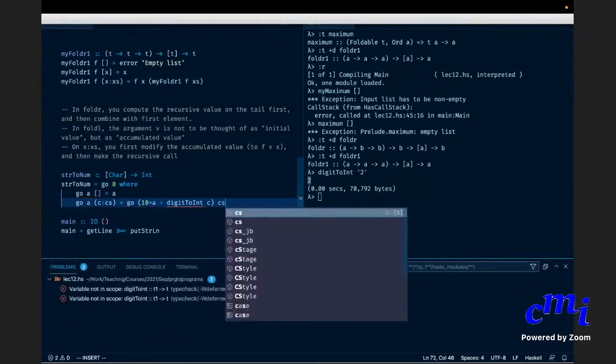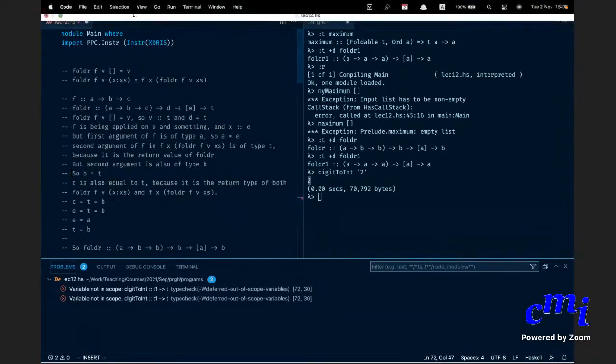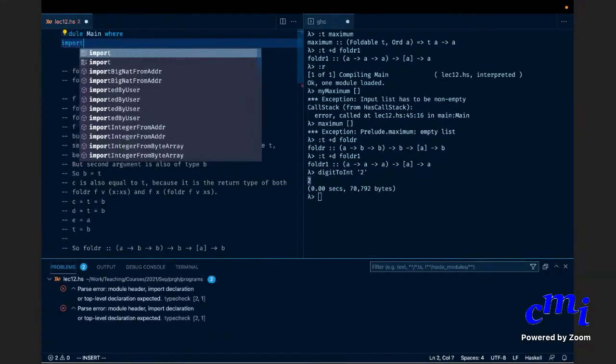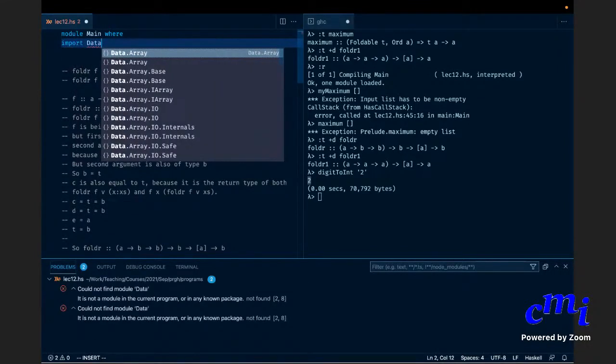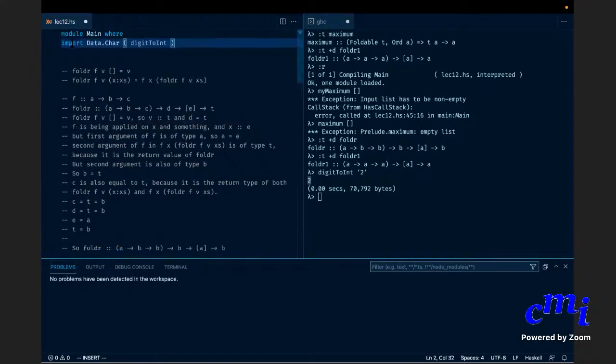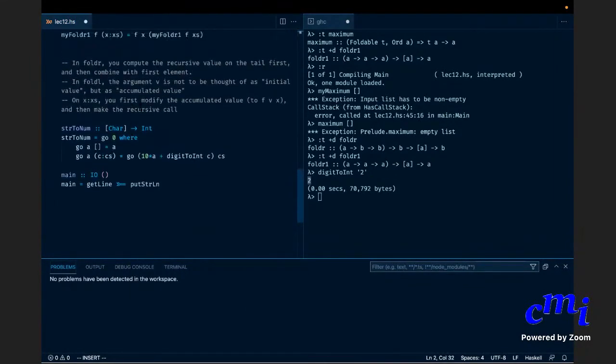Okay, so you see that there is a variable not in scope because I have to do that. Okay, then it is fine. Is it clear?